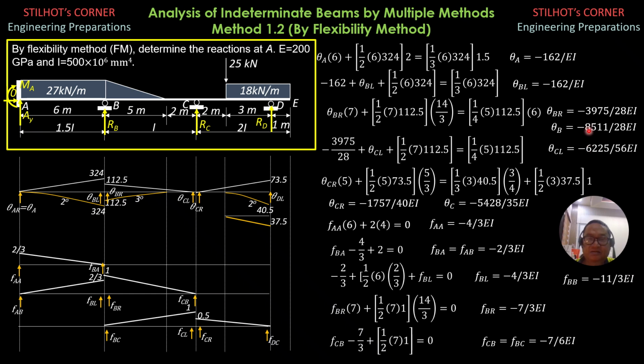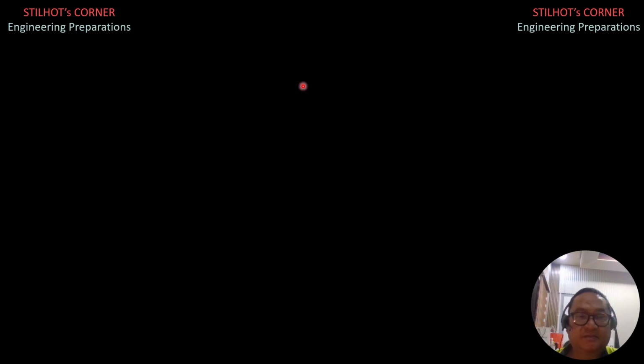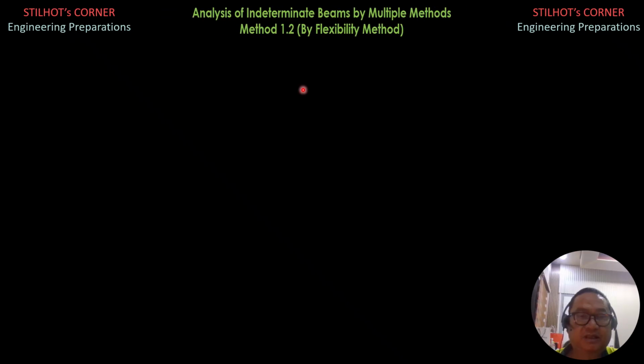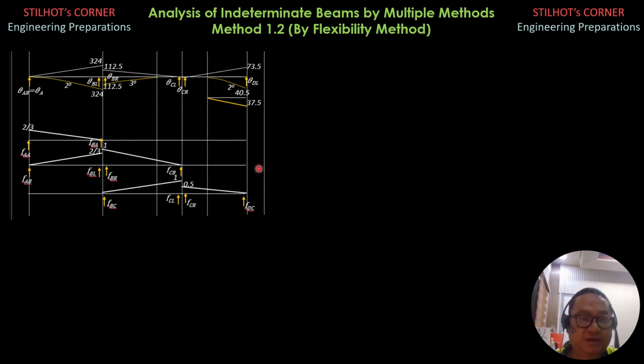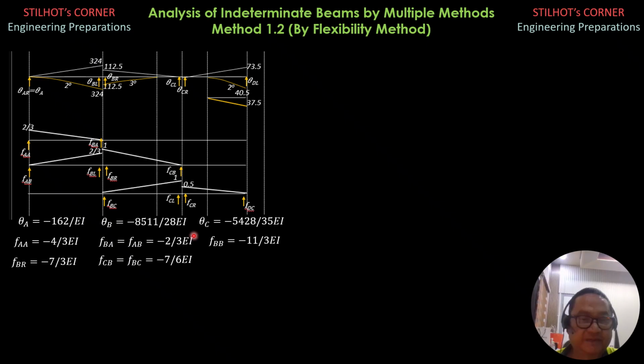Then let's take note. Let's bring all these values, theta A, theta B, theta C, FAA, FAB, FBA, FBB, and FCB, FBC on the next slides to set up the equation. So to continue, take note that these were the values of the preceding slides. Then let's solve for